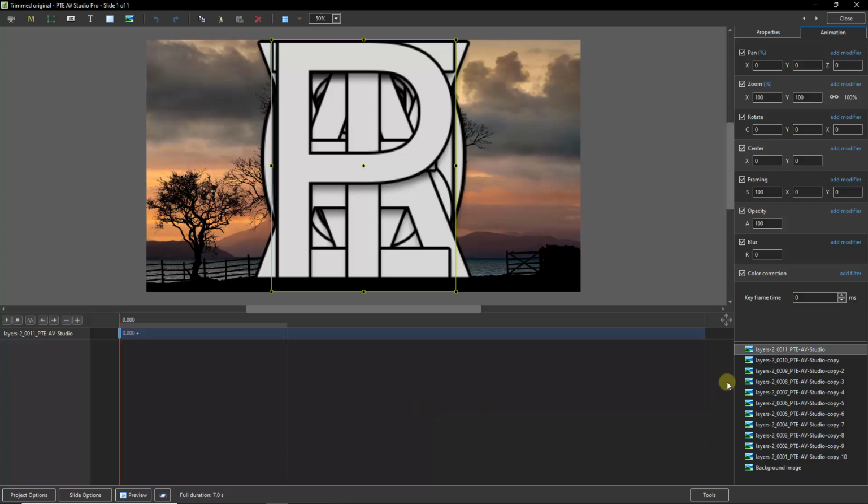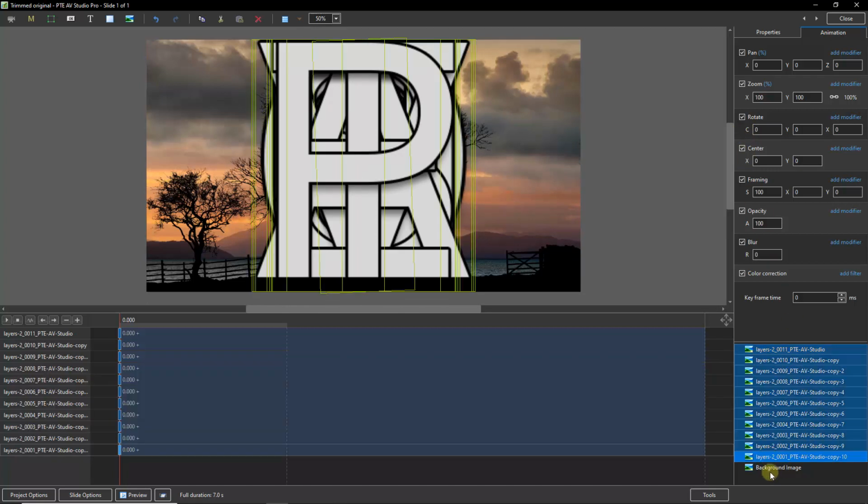So what we need to do here is to go to the bottom right, select the top layer, which should be our letter P. There it is. Hold the Shift key and select the last layer, but not including the background. Then I can go to the left hand side and select the top keyframe, and again holding the Shift key, the bottom. Then if we go to the top right to the zoom, I can right click over the X or the Y and I can select